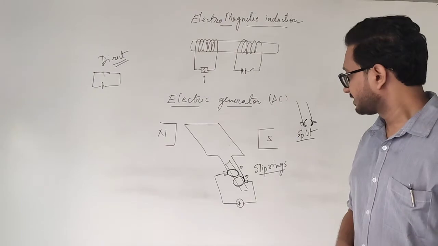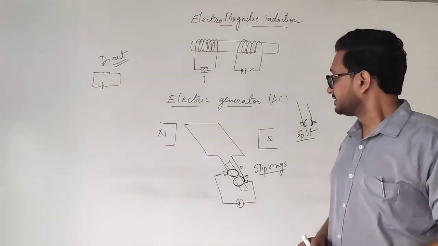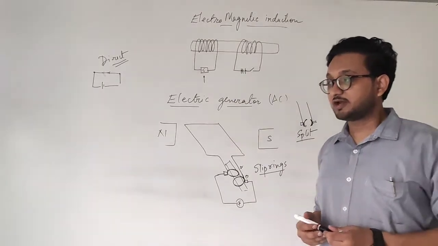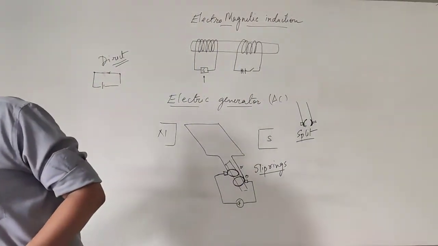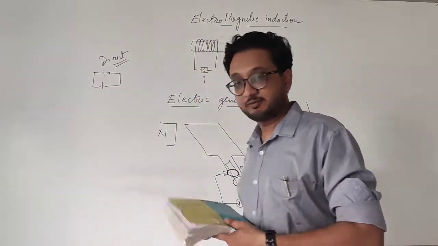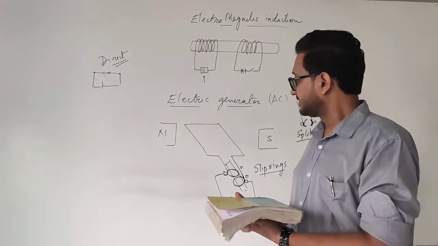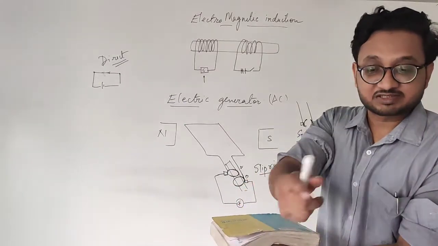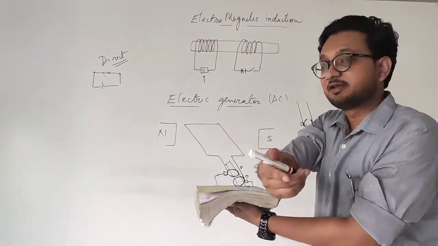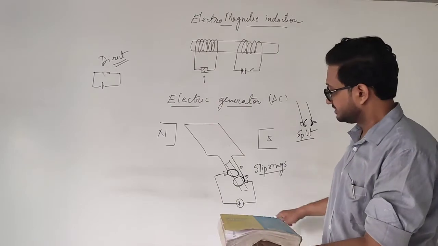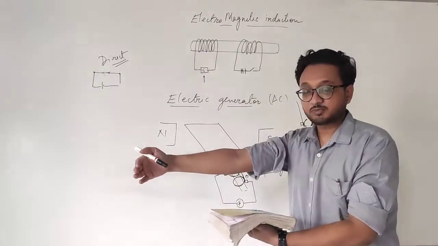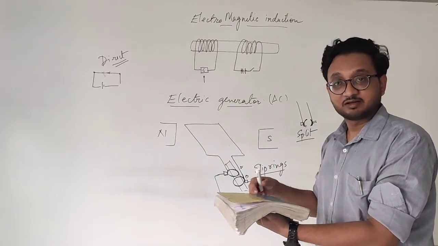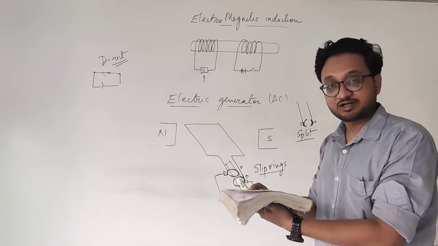Understood, everyone? Moving on, what we have now, the magnetic field is from north to south. And for that we take a book for example purpose. Let's say I have a book over here, right? And this coil is connected to slip rings A and the other one with B. What happens is, I am having the north pole over here, south pole over here, and I am trying to move this coil, and I am generating electricity.